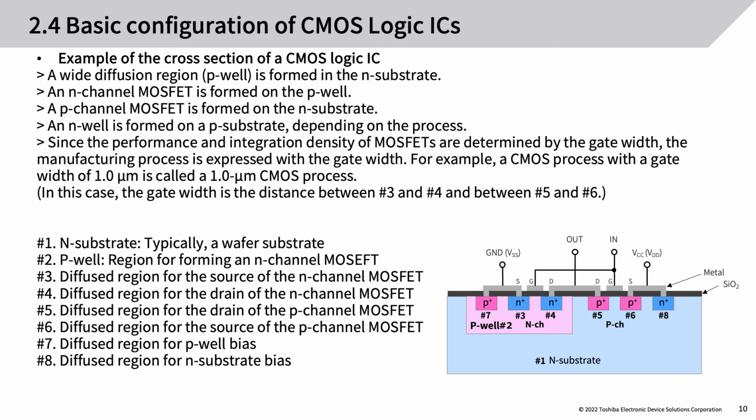Since the performance and integration density of MOSFETs are determined by the gate width, the manufacturing process is expressed with the gate width. For example, a CMOS process with a gate width of 1.0 micrometer is called the 1.0 micrometer CMOS process,